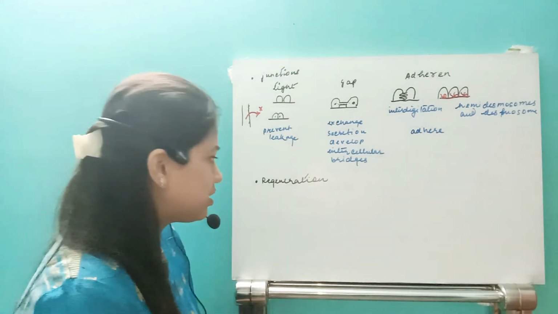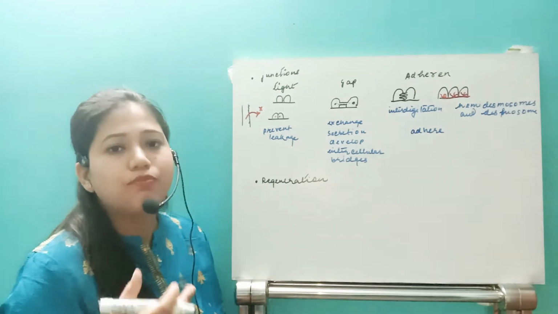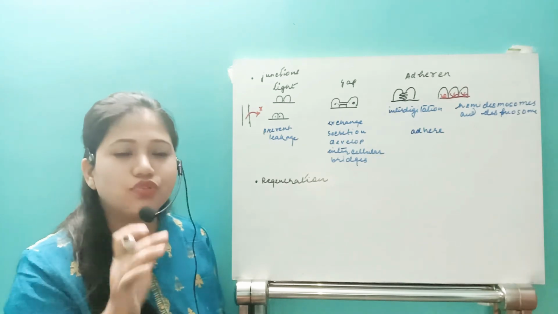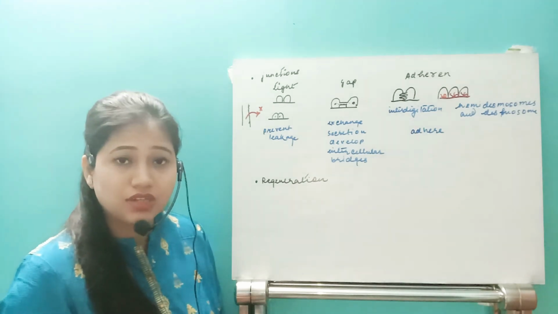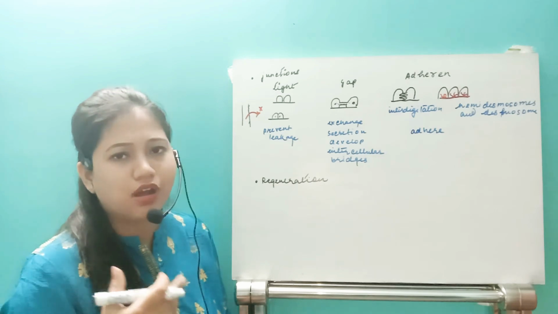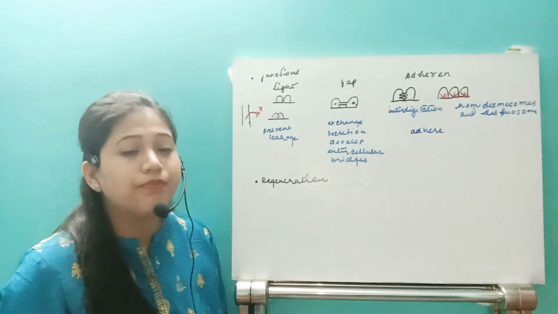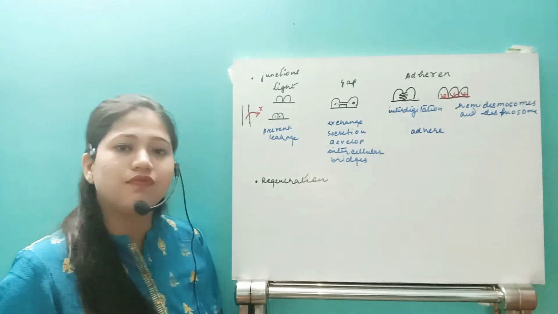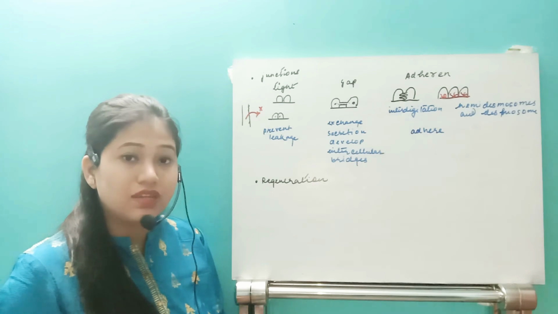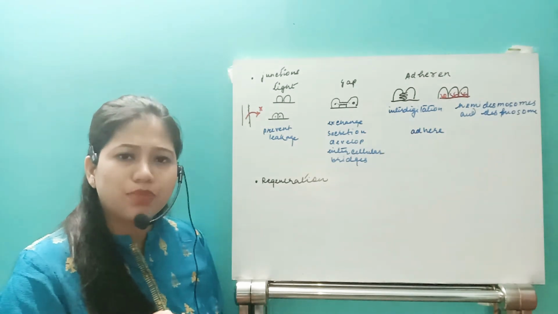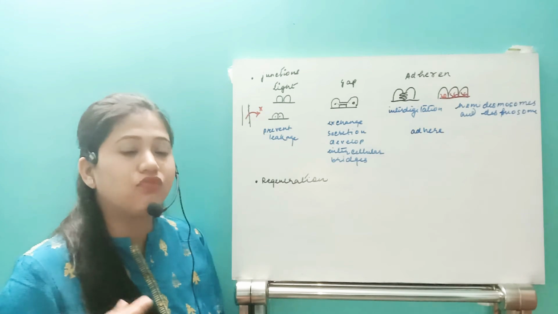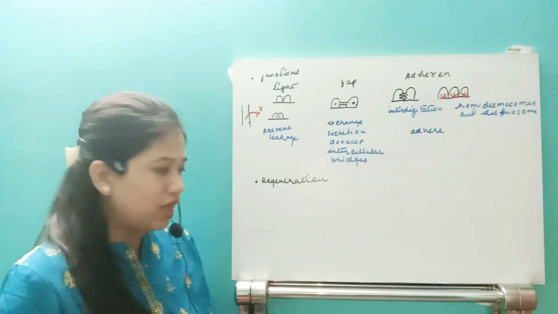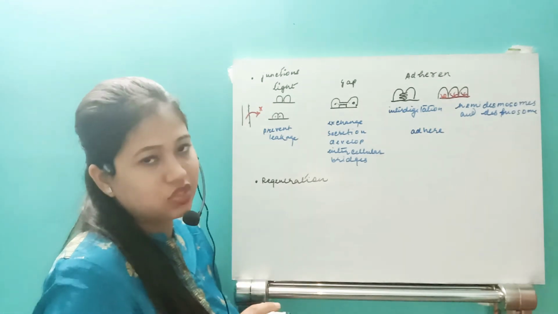So what happened to that type of epithelial tissue? See, suppose you have taken a hot sip of tea, then what happened? This region gets burnt, and we have a high sensation, isn't it? Because that cell layer gets burnt. So what happened? Some cells will regenerate at a very fast rate. The beneath layer, that means the dermis layer, will undergo rapid mitotic division, and it will form another layer to replace the one which got burnt. So they have a little power of regeneration.